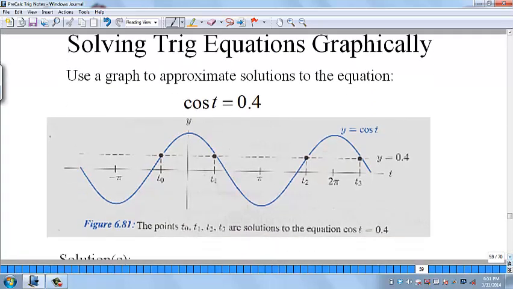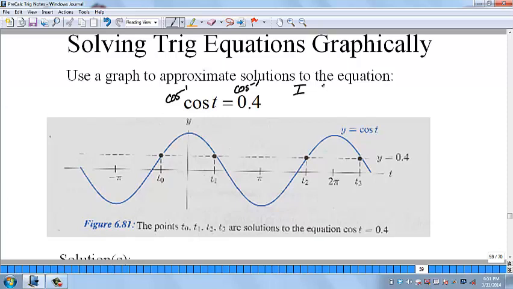The last thing I'm going to show you is I have the cosine of theta graphed here. And I want to know when cosine of t equals 0.4. Well, that would be this dotted line right here. This is 0.4. And if you'll notice, it happens here, here, here, and it keeps happening because it's sinusoidal. So if I do the inverse of cosine on both sides to figure out what that would be, the first one in the first quadrant,